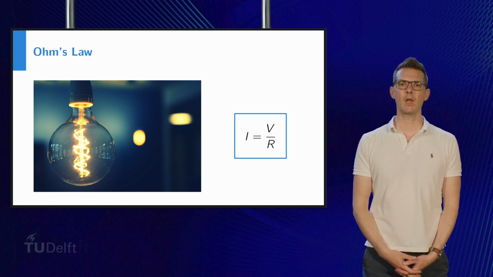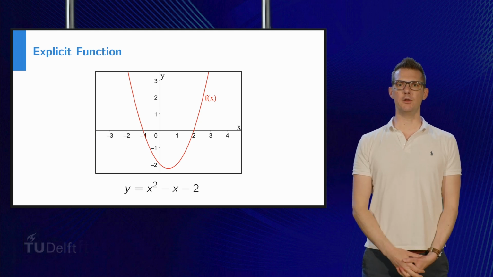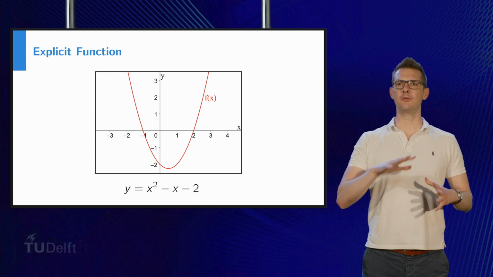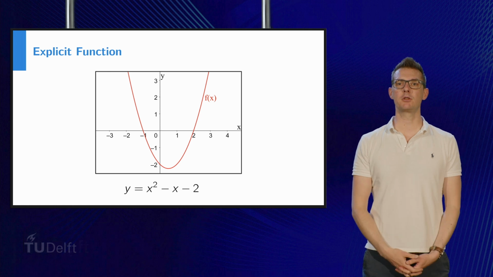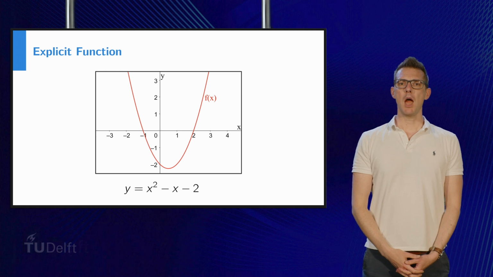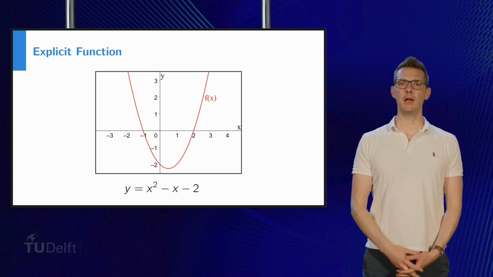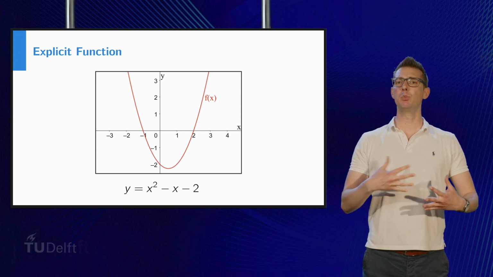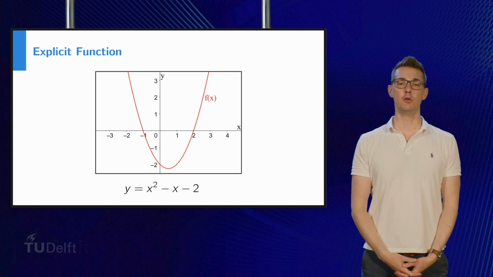variables. In the equation that you see on the screen right now, y is the dependent variable. So here, y is a function of x, and therefore the value of y depends on the value of x. And the variable x is in this case the independent variable, and y is the dependent variable. If an equation is written in this form, so y equals some expression of x, then we say that this equation is an explicit function. You have an explicit formula that allows you to determine y if you know the value of x.